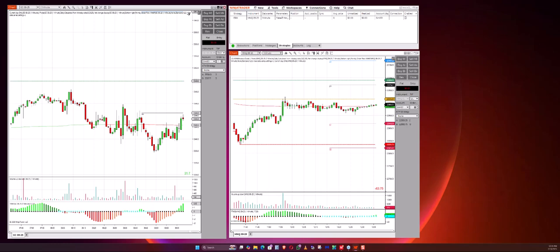But the key is you want your bracket to be smaller than the target. You don't want your bracket to be so big that all of your profit is left in the bracket. So if all of your spikes are 30 to 50 ticks and you have, say, a 15 tick bracket,